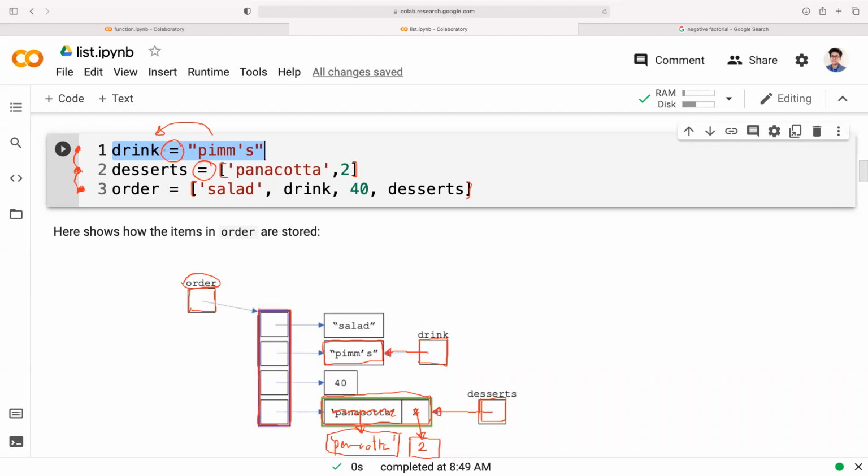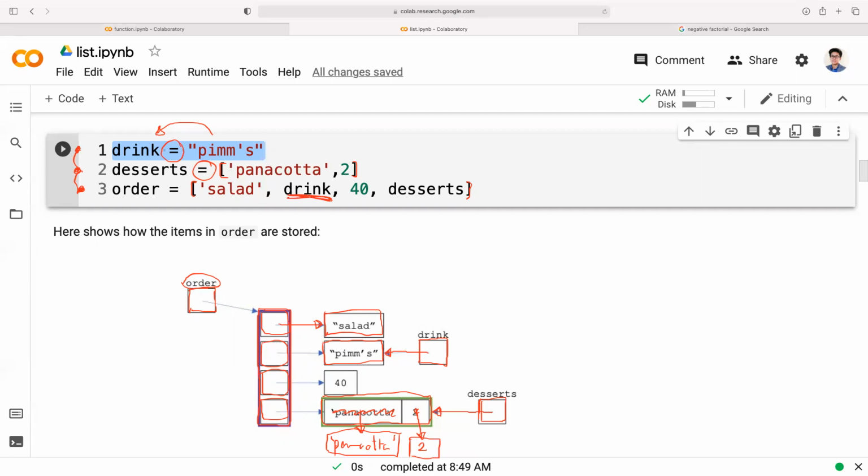But instead of storing the values inside, because it is not the value itself. Actually, a list is a collection of variables, or a collection of storage boxes. So there are many boxes inside. The number of boxes is equal to the number of values that they are storing at that time. And then this is the real value, salad, and they point to salad. And then the second position,